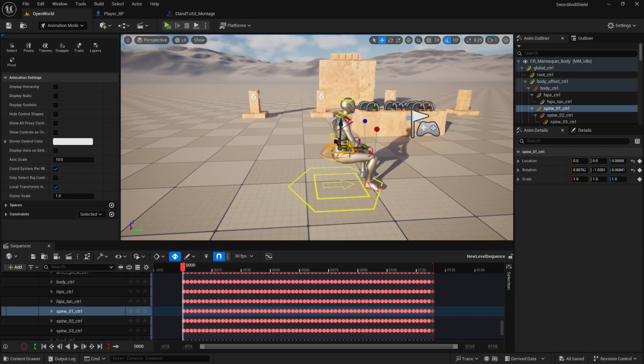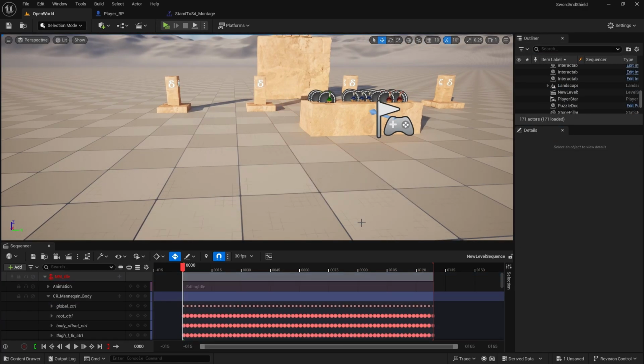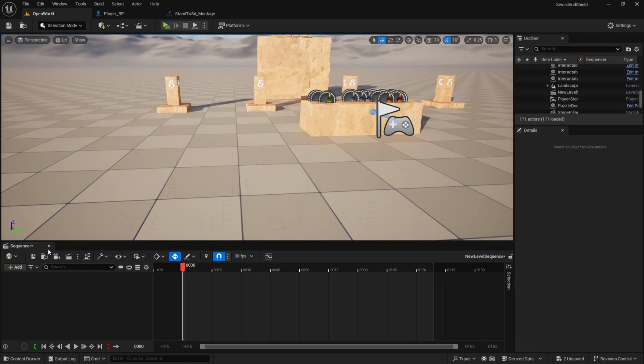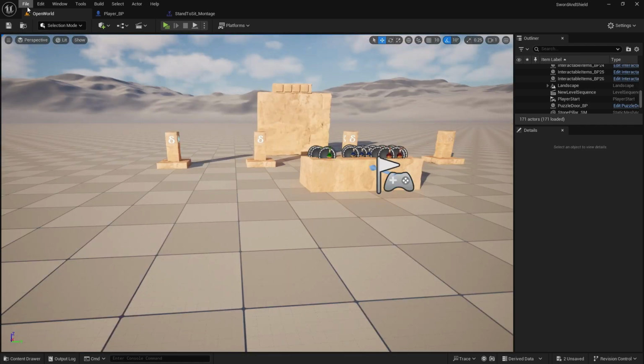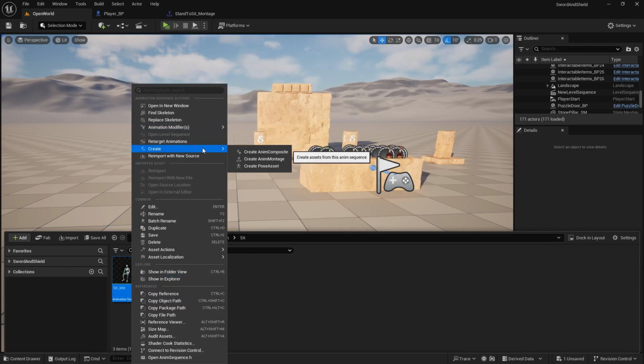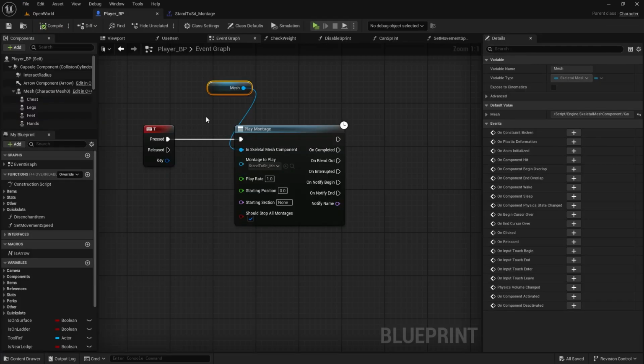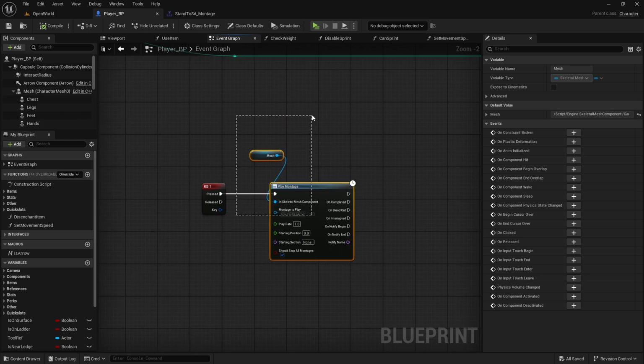after I remove these two. Delete, delete, close the sequencer, save all, and now I'm going to delete it. Now right click on the sit idle, create montage. Now we have both, save all, and then in the player instead of this T,